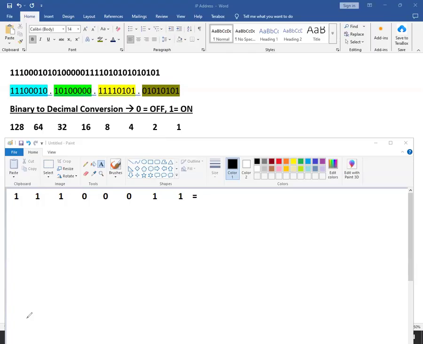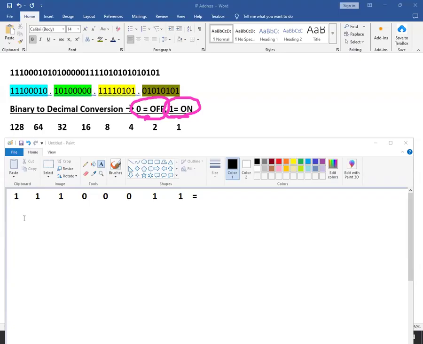Now, the next thing we have to do is see where the bits are zeros and where the bits are ones. So see here, friends, here the bit is 0 and 1. Wherever the bit is 0, that particular bit is off. And wherever the bit is 1, that particular bit is on. That is the simplest calculation we have to do here, friends. Just need to see where the bits are zeros. 0 means off, ignore it. 1 means on.